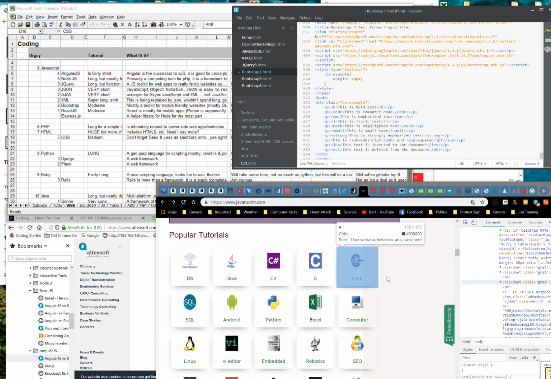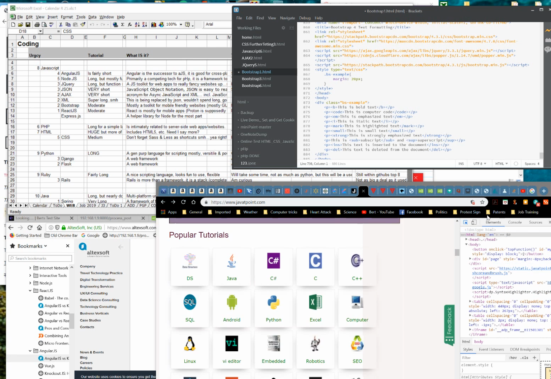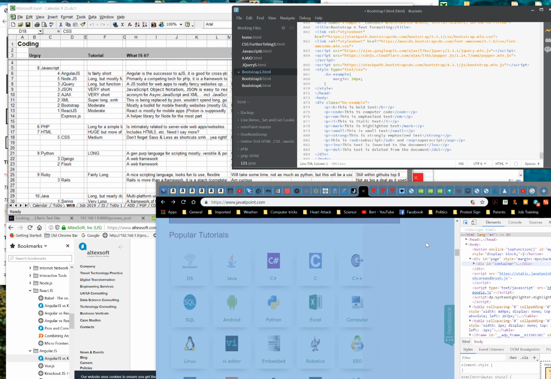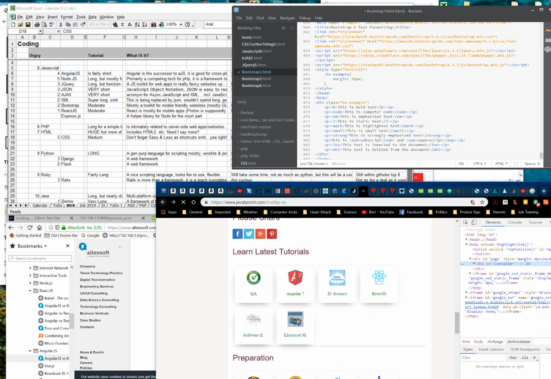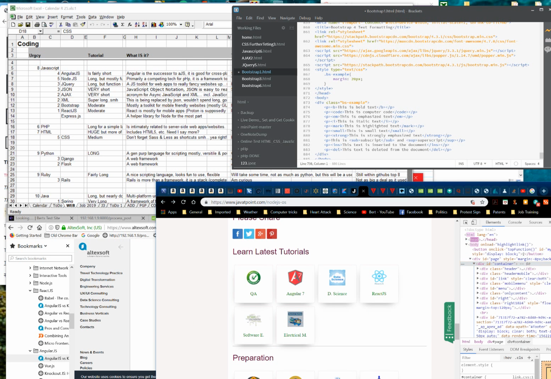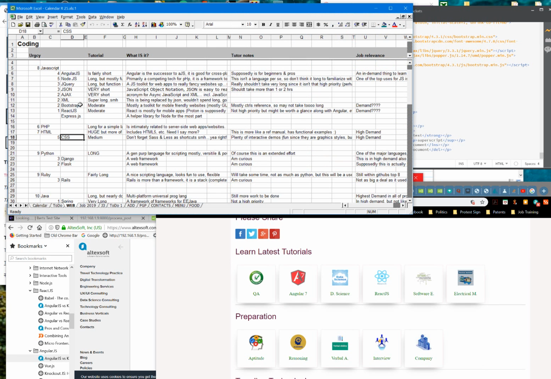But anyway, that's HTML. It's front end stuff. I don't know how to get out of this. Oh yeah, you just X out of it. Okay, but yeah. But anyway, that's CSS for you. It's cascading style sheets. It's all about the style. So,